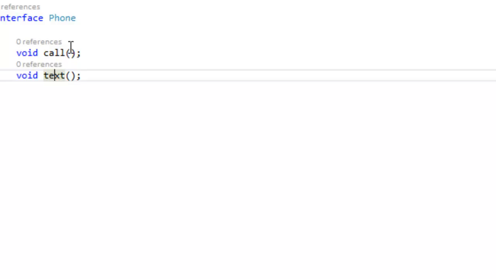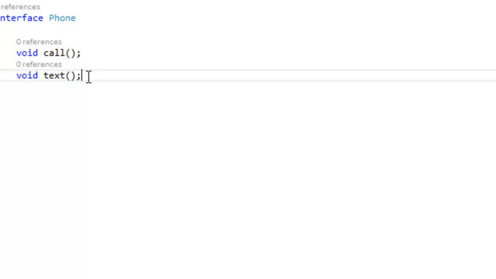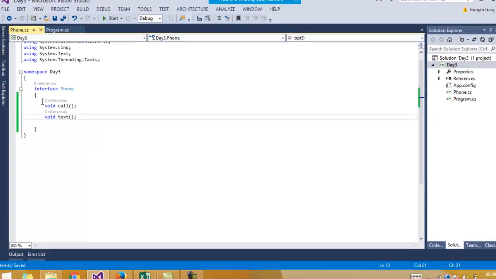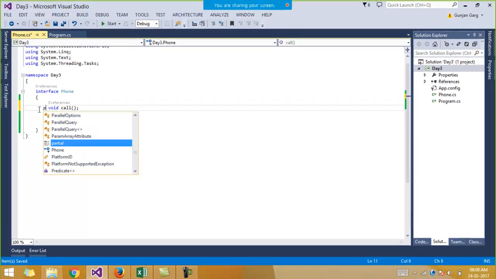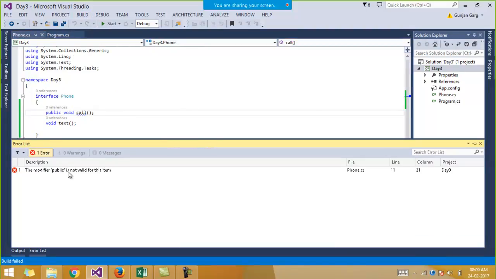Okay, so that is one point. In an interface we do not implement the functions, we do not define the functions, right? So there is no Console.WriteLine statement as well in an interface. No Console.WriteLine, it will give you an error as we have just seen. Secondly, the next point is there is no public keyword in an interface. You cannot declare the functions as public in an interface. So now if I build my solution, again you will get an error.